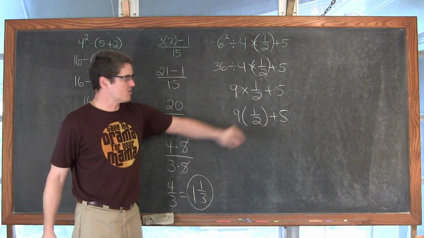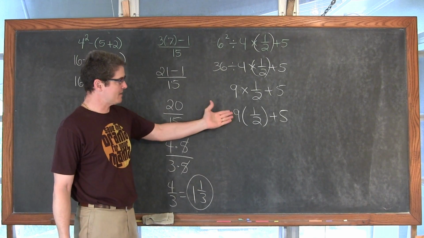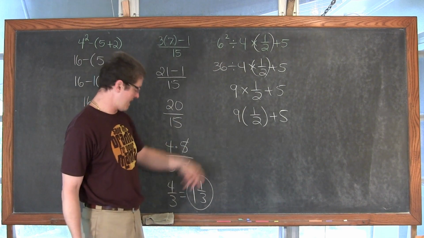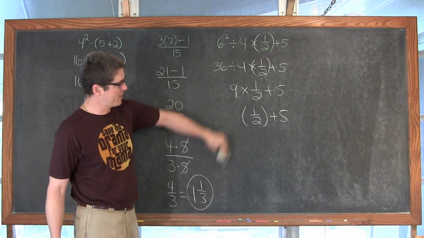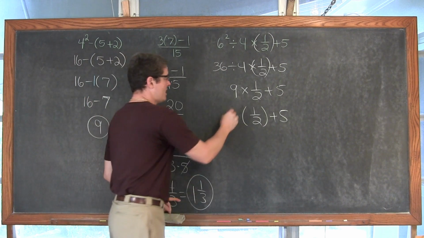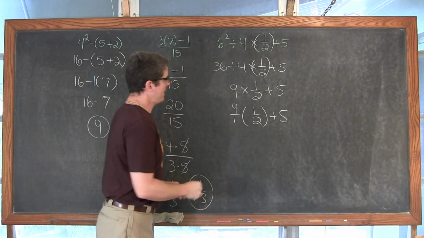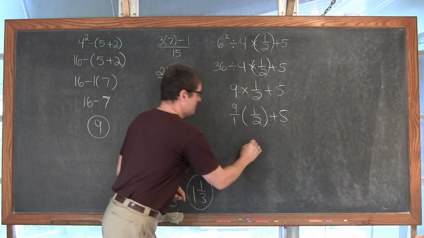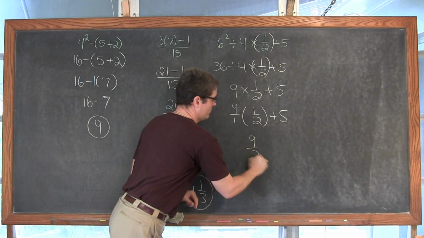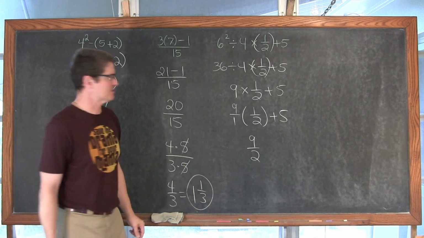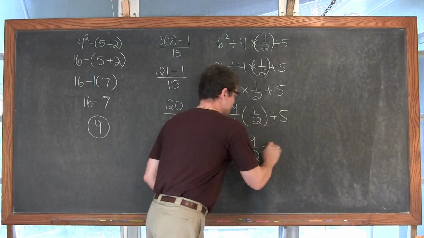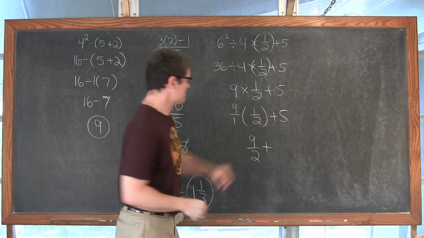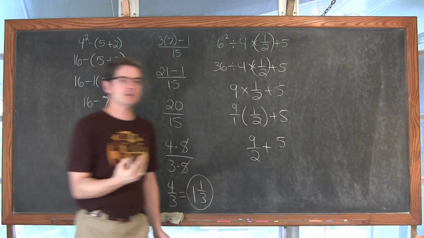Okay, so how do you multiply with a fraction? Well, that 9 doesn't look like a fraction where the 1/2 is, so I don't have the numerators and denominators lined up. I'm going to write that 9 as 9 over 1, and when you multiply fractions you go straight across the top, so 9 times 1 is 9, 1 times 2 is 2. Put that calculator away, you don't need it for fractions. That crutch is really holding some of you back. Plus 5.